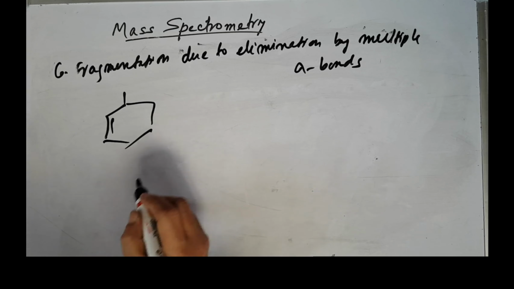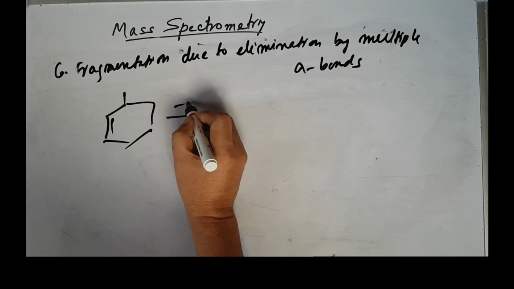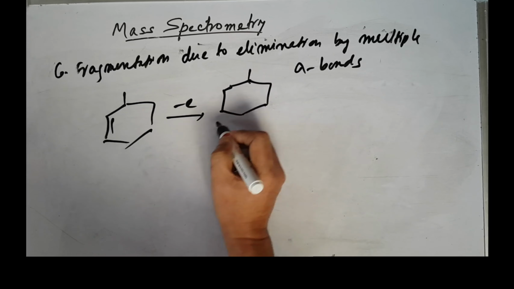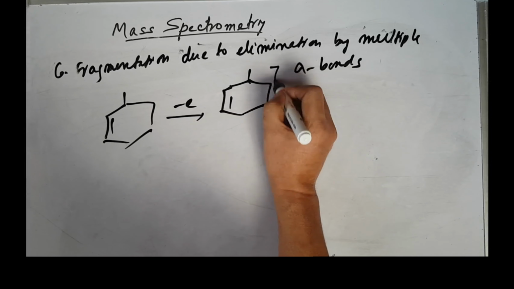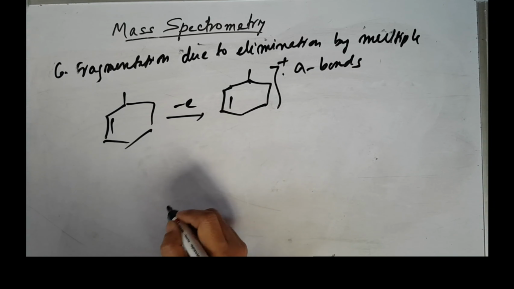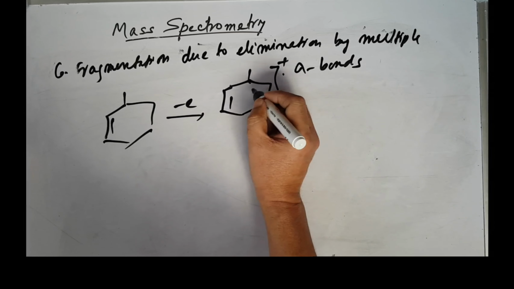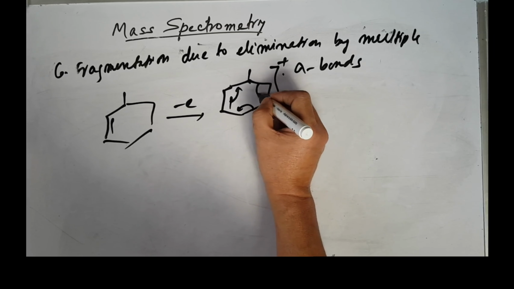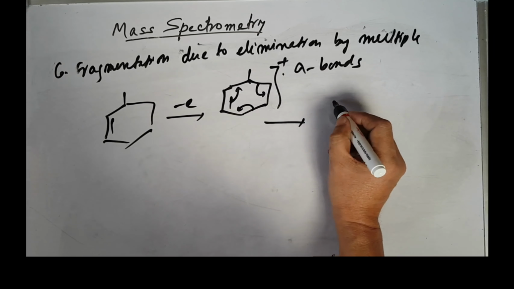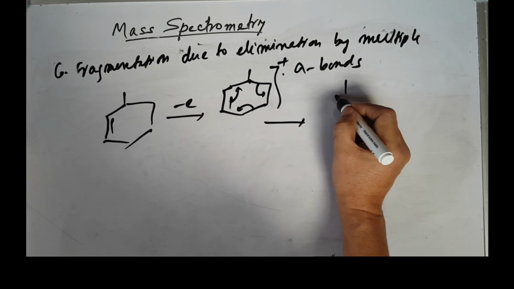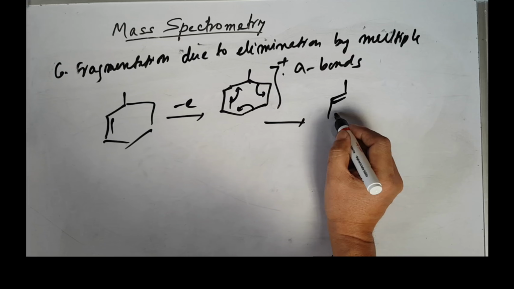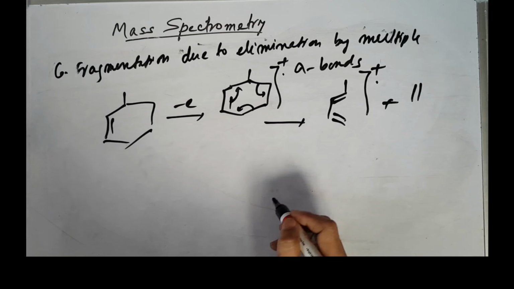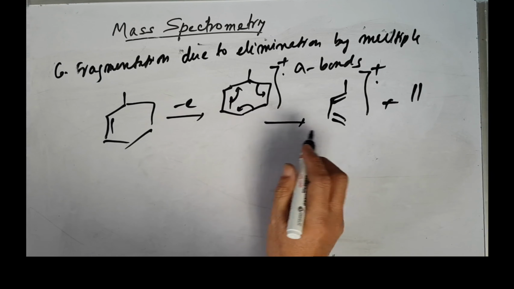Okay, so here we bombard with electrons, one electron is lost. So you can have this one, the molecular ion. Then with two electrons you can go, this fragmentation can take place this way. So fragmentation takes place. So here a double bond will come, and a double bond will come here. So this is plus, this is here. Okay, so this is a two electron movement.